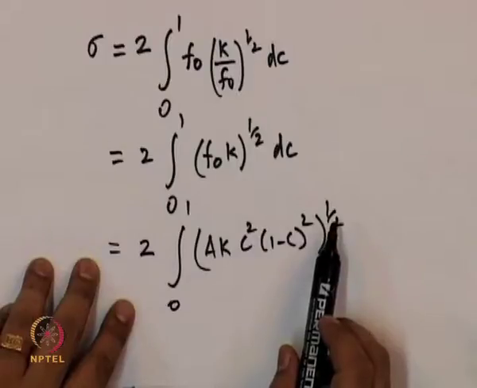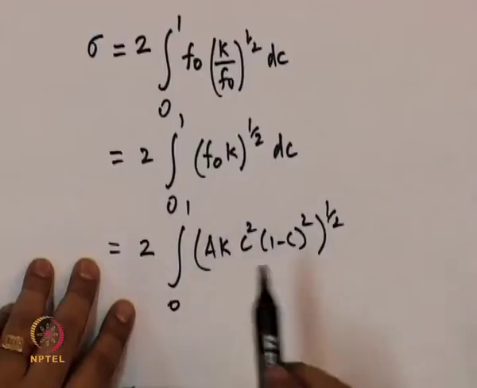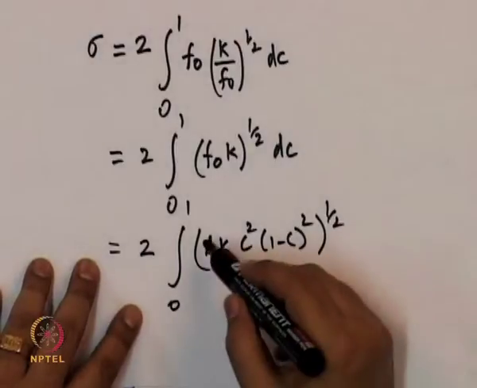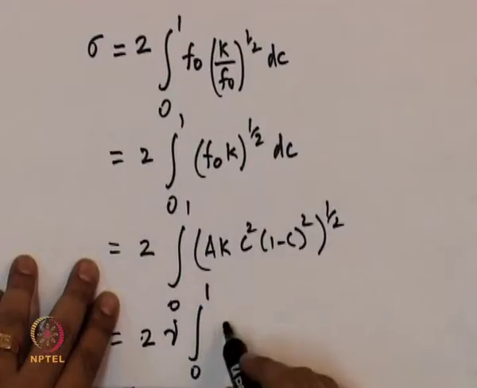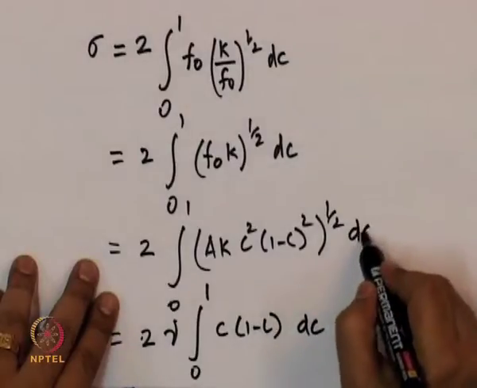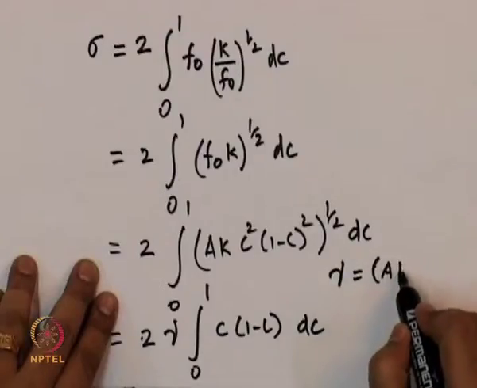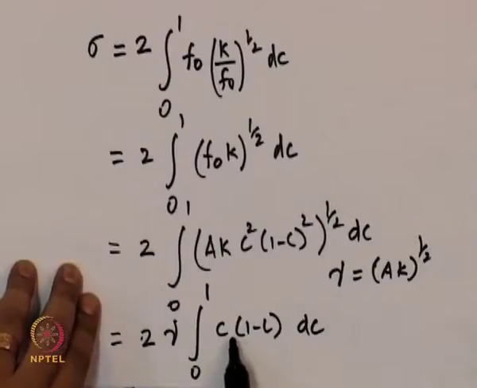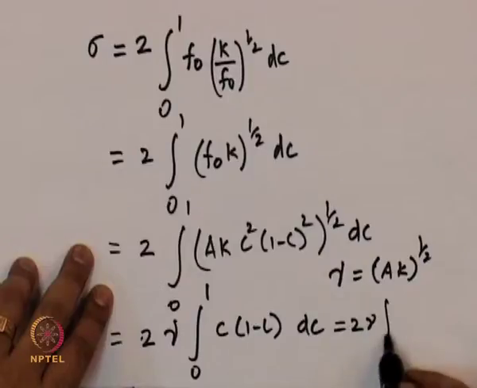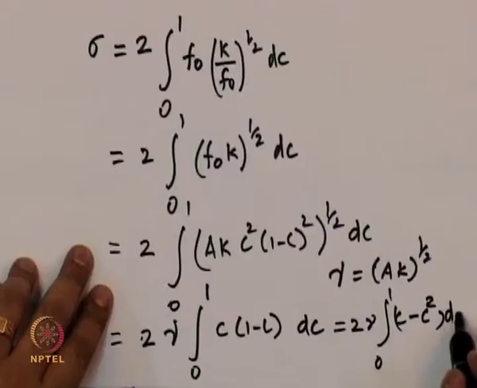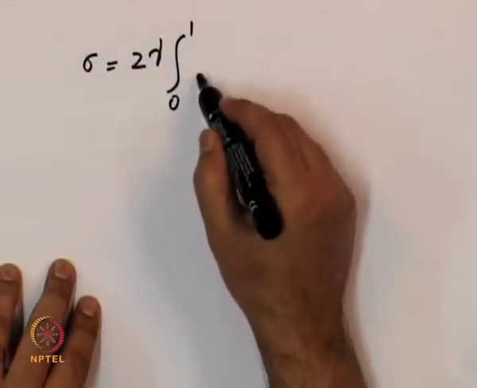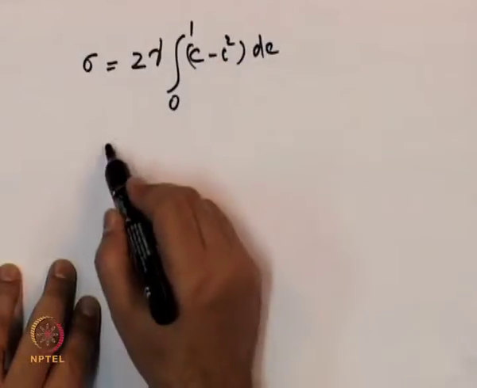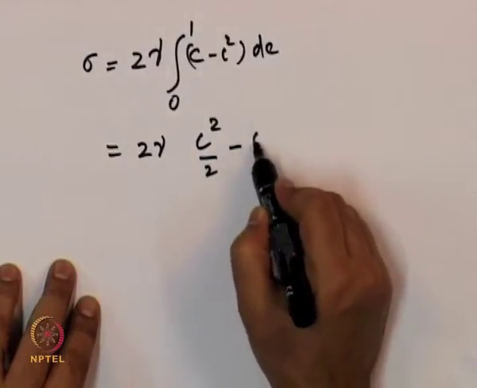Remember, A by kappa we called as beta. So, let us call this as some other constant, let me call that gamma. So, that is equal to 2, the gamma is a constant, let me pull it out, integral 0 to 1 of C into (1 minus C) dC, right, where gamma is equal to (A kappa) whole power half. We can integrate. So, this is nothing but 2 gamma integral 0 to 1 of (C minus C squared) dC, that is equal to 2 gamma times (C squared by 2 minus C cubed by 3)